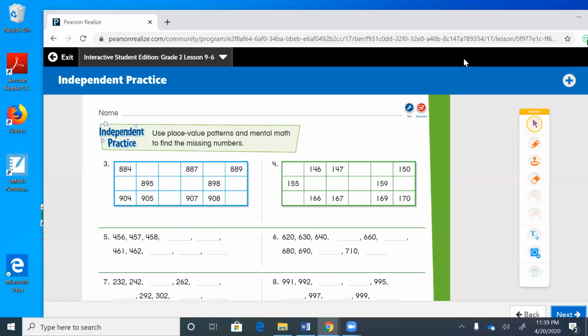Now we're going to do it again. So let's start with number 3. I will try to do the writing. I feel like I should be writing. Okay,